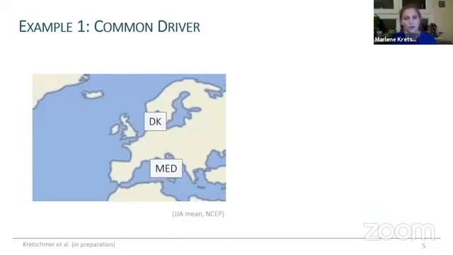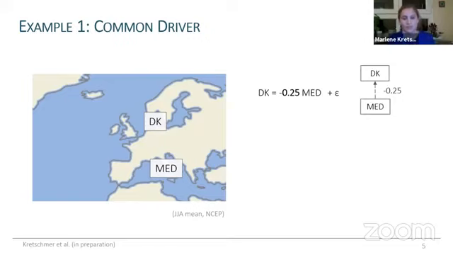To give some intuition of how we can combine scientific theory with data analysis, I prepared some very simple real data examples. In this case, I have data of precipitation in Denmark and the Mediterranean in summer. The data here is NCEP reanalysis data, and all time series have been standardized. There's quite a strong statistical association between them. For example, if we assume some linear dependence and regress Denmark precipitation on Mediterranean precipitation, we would find a significant regression coefficient of minus